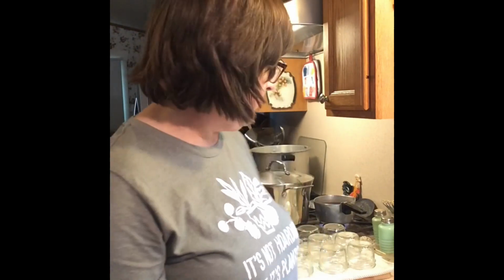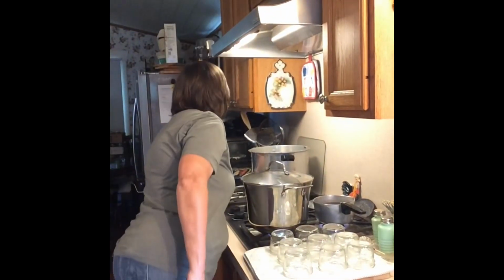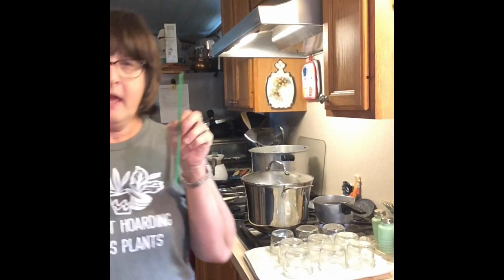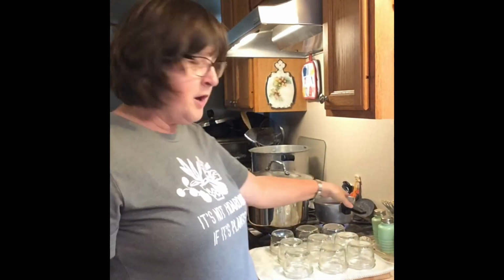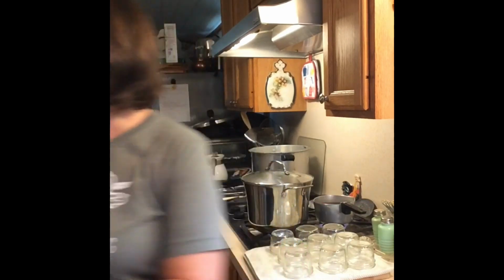So I'm going to go ahead and get this chunked up and show you how I fill the jars. I use 1 1/4 inch headspace, so a little more than the 1 inch headspace. I do kind of press it down and get all the bubbles out, and I've got my water going for my lids, and I have my rings